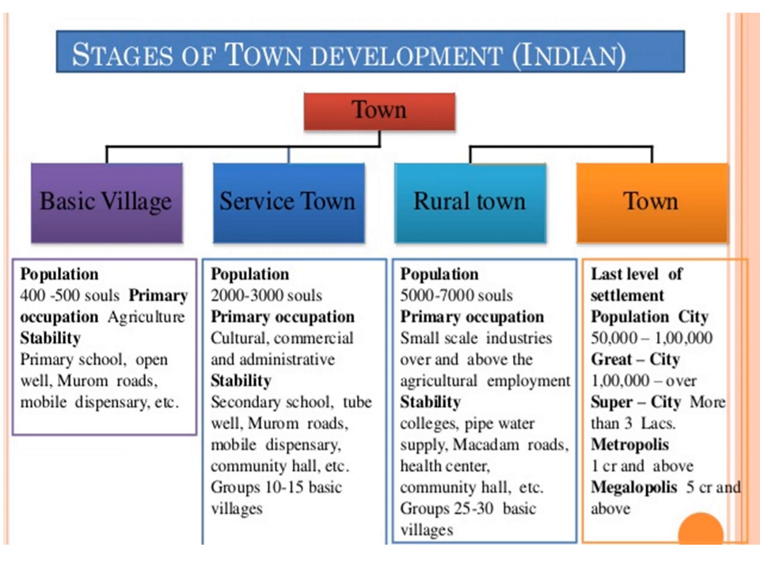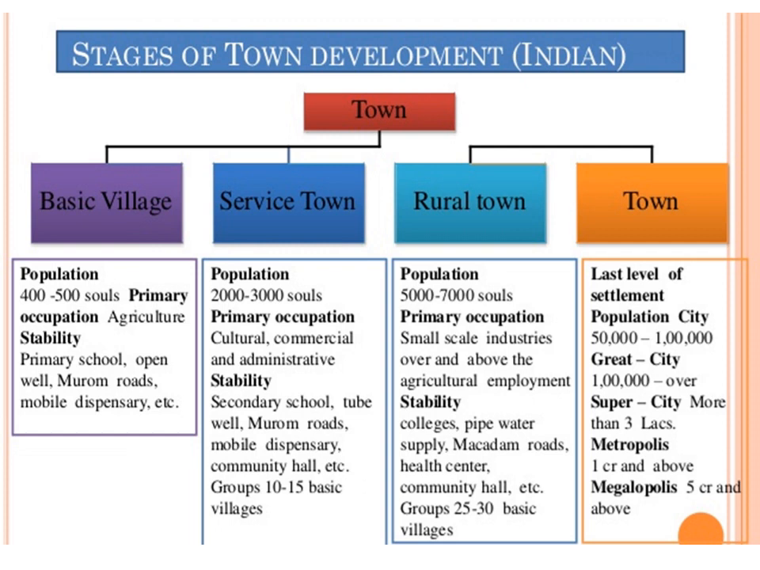Basic village is a village having population ranging from 400 to 500 souls, and the primary occupation is agriculture, and we are supposed to provide facilities such as primary school, open well, murum roads, mobile dispensary etc. for the basic village. Whereas for the service towns,